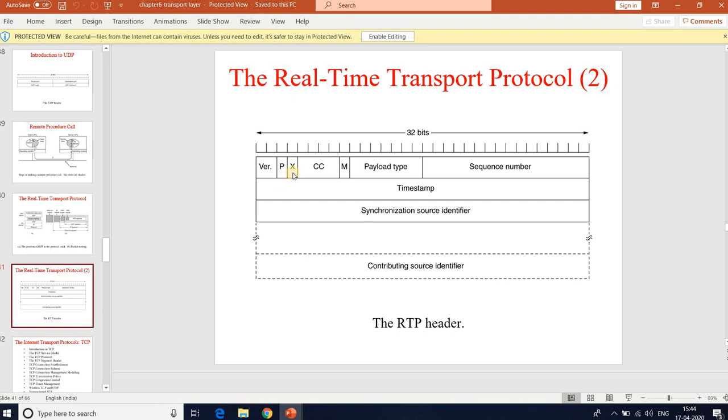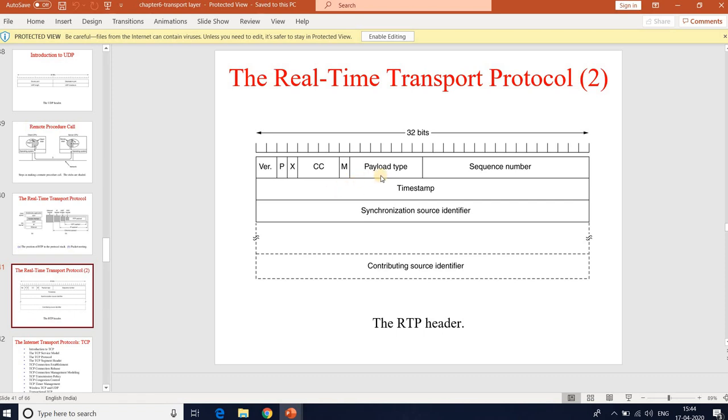X indicates an extension header is present. CC tells how many contributing sources are present, from 0 to 15. M stands for an application-specific marker. The marker is used to start a video frame in multimedia applications.